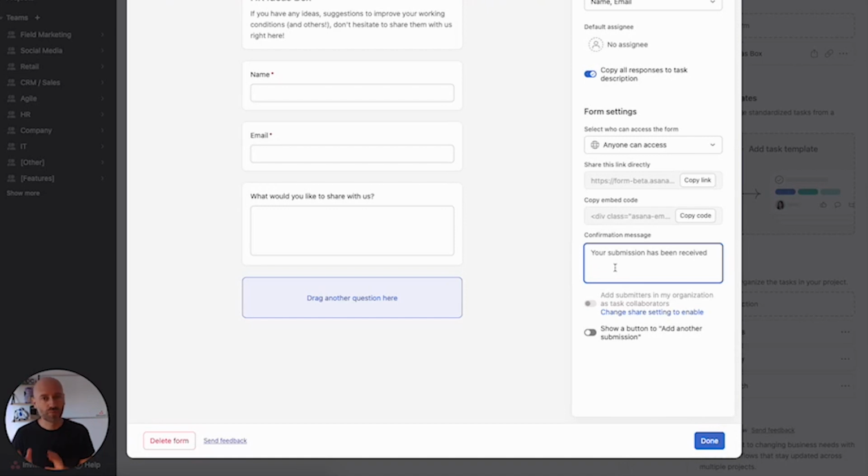Also, make sure to map important questions to Asana custom fields. When a form is submitted, it creates a task. All the answers go into the task description. That makes it really hard to triage, to filter, to sort, to search, to do dashboards. It just doesn't work because all the data is within the task description. If you map the questions to actual custom fields, then the answers will go directly into custom fields, into columns in the list view, and that will allow you to have all the filtering and sorting and dashboards